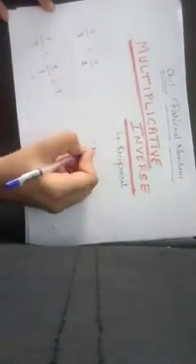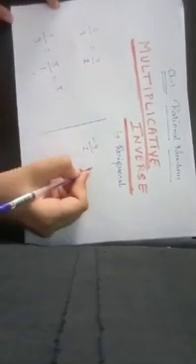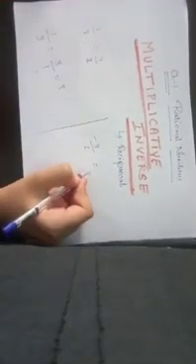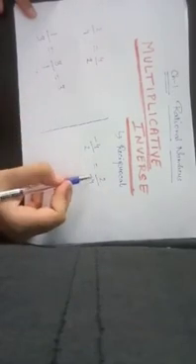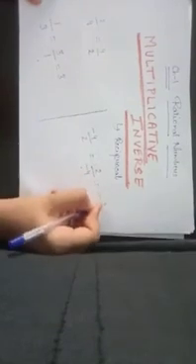Okay, let's take one more example. Find the multiplicative inverse of minus 4 upon 2. So we will flip it and find the reciprocal of it. 2 upon minus 4. The minus can be put here or here, anywhere you want, or in the center. This is the same thing, right?